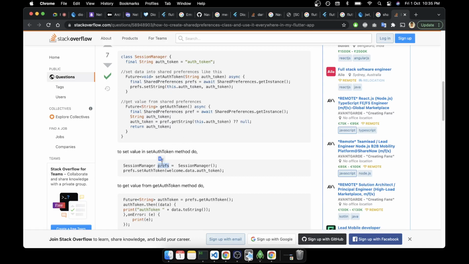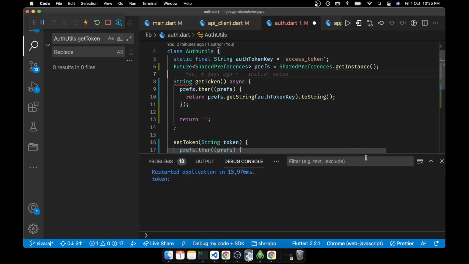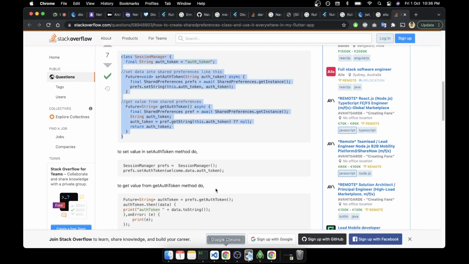Prefs equal to SessionManager. Okay, so here what they are trying to do, they are setting this token to this one. Give me a second.